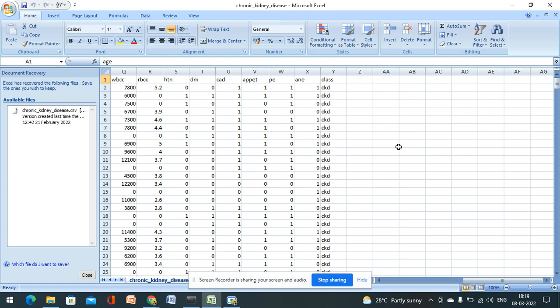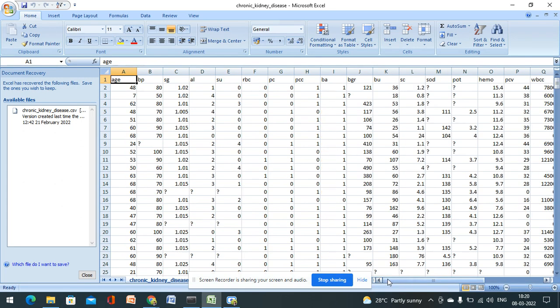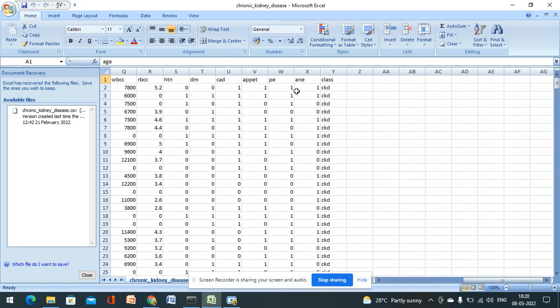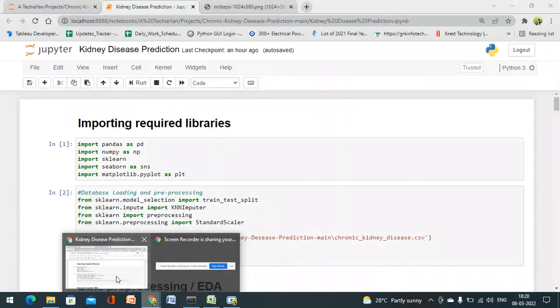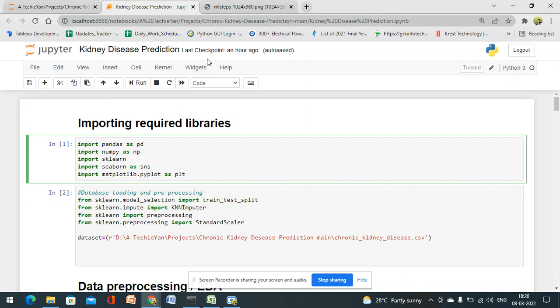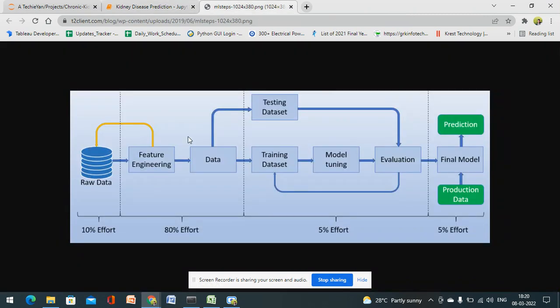CKD means you have chronic kidney disease. Not CKD is something like you do not have this disease. You are normal. So our program will calculate all the values. You will have to input all these details just like we do in computer tests, and based on those values, it will tell you whether you have kidney disease or not. So, good with the introduction, and we'll now see how we actually train a machine learning model and see